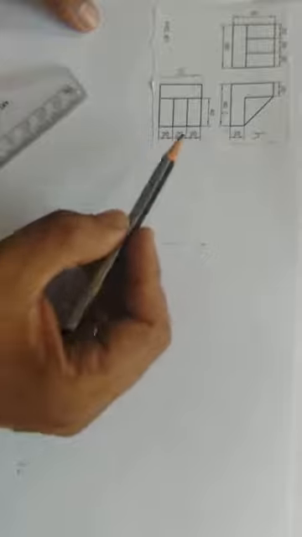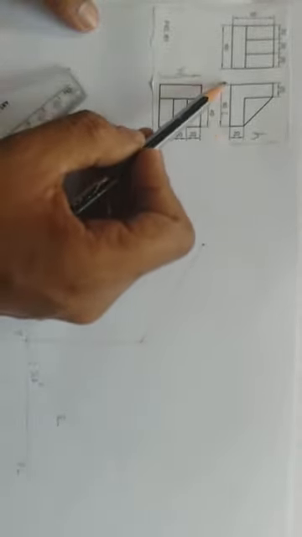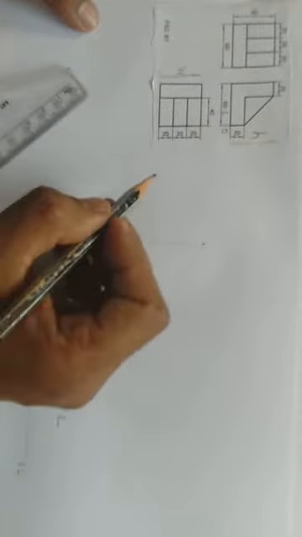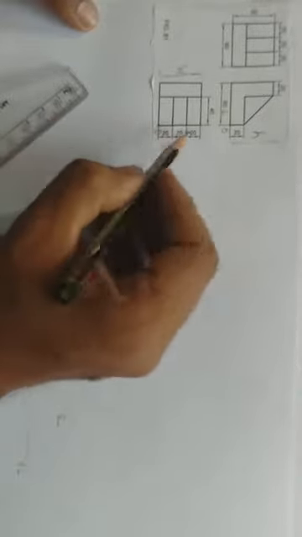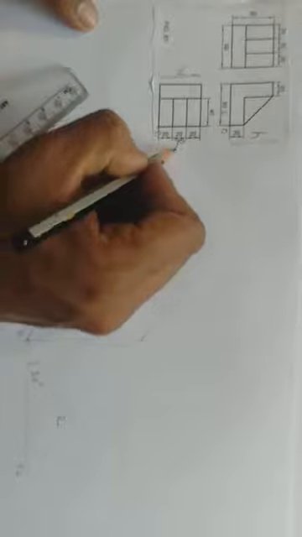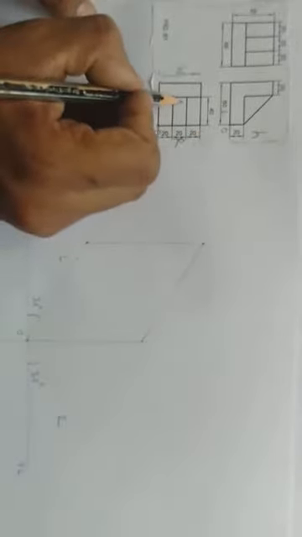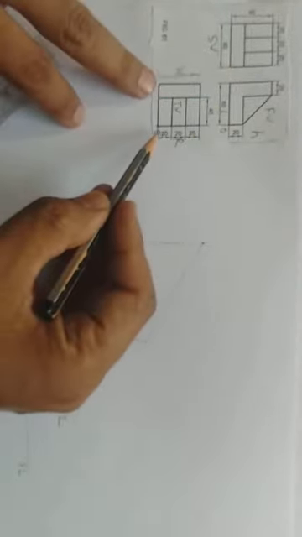Similarly, here you can see that towards the left side the length will be there, the length is actually towards the left side from the origin. This is the origin, point O. In the top view, the origin will come somewhere here, and this is actually the right side, and the right side dimension is again 20 plus 20 plus 20. This is the top view of the component, this one is the front view, and this one is the side view. Again in the top view you can see that the total width is 60.